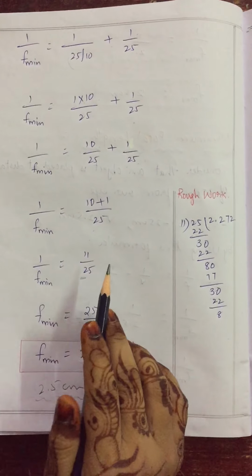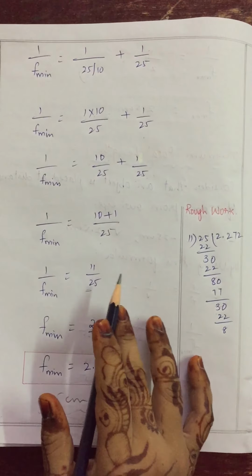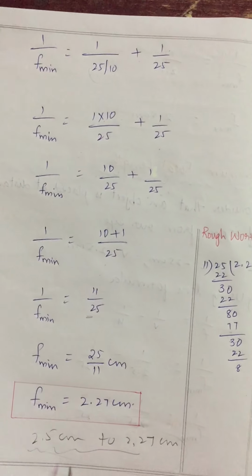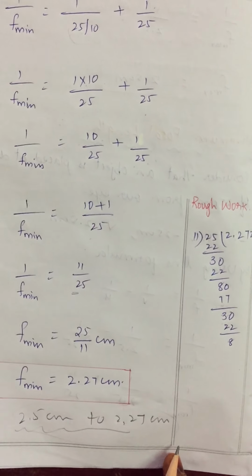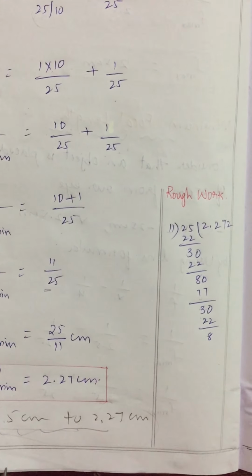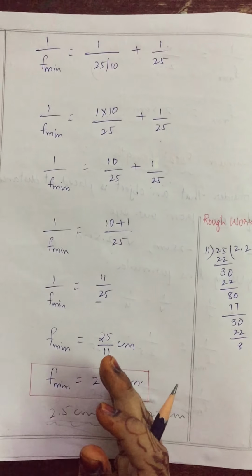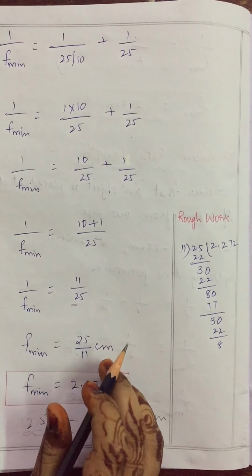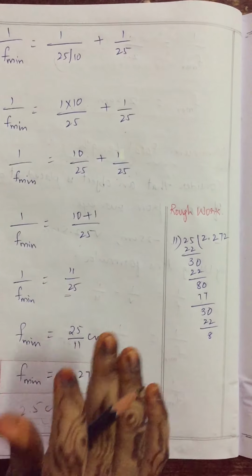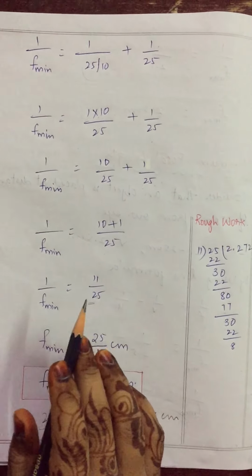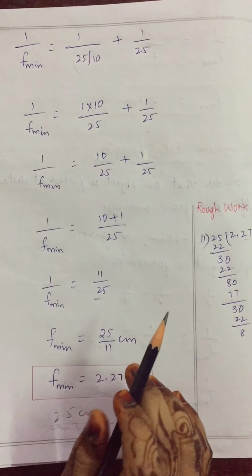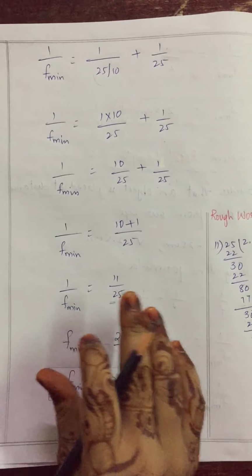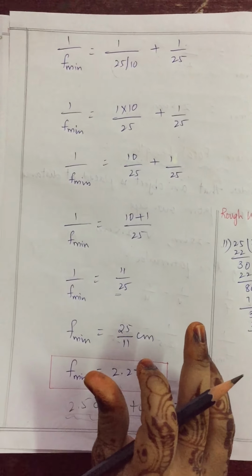Now the question is, what happens if the eye lens is not able to adjust its focal length? What happens if the focal length of the eye lens is beyond the range of 2.5 centimeter to 2.27 centimeter? If it is in between this, we are able to see the object. But if it is beyond this limit, what will happen? Sometimes the eye may gradually lose its ability for accommodation. That means they are unable to adjust the focal length. In such a condition, the person cannot see the object clearly and comfortably. The vision becomes blurred due to the accommodation defects of the eye lens. This is called defect of vision.